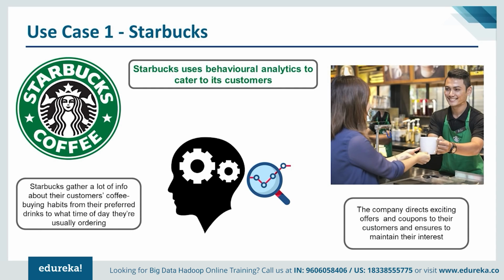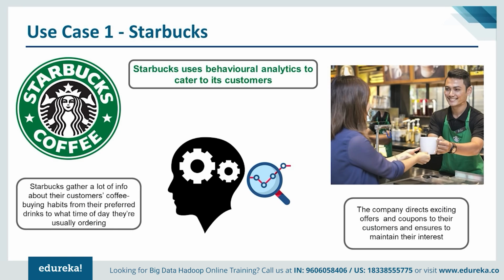I came across this article by Forbes which reported how Starbucks made use of big data to analyze the preferences of their customers to enhance and personalize their experience. They analyzed every member's coffee buying habits, along with their preferred drinks and what time of the day they usually order. Even when people visit a new Starbucks location, that store's point of sale system is able to identify the customer through their smartphone, and then the barista gives them their preferred order. In addition, based on ordering preferences, the Starbucks app will suggest new products that the customers might be interested in trying. This is how Starbucks is optimizing their business strategies and increasing their customer base.